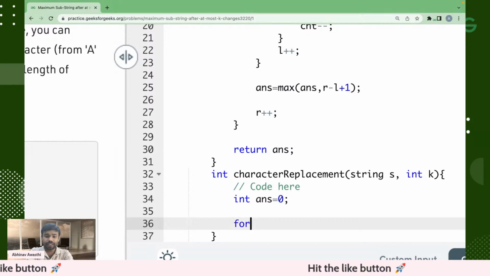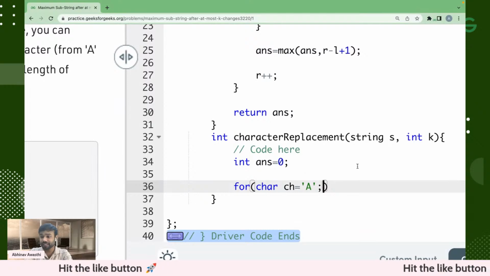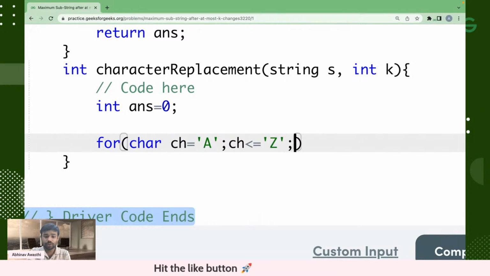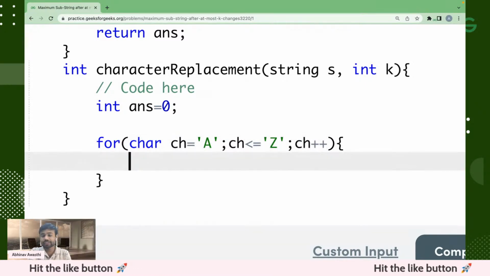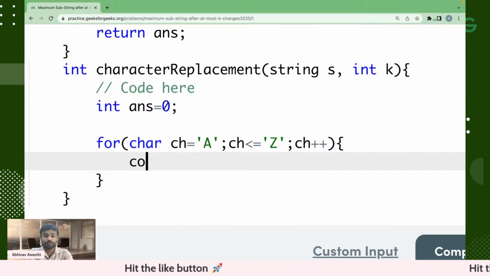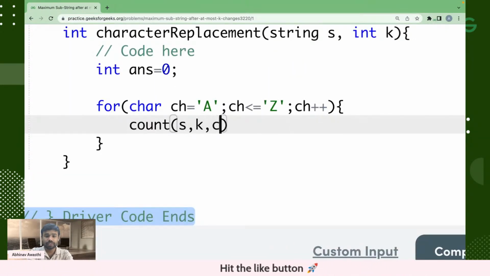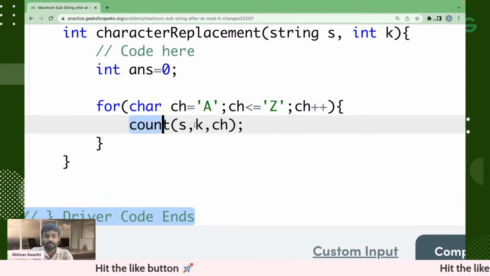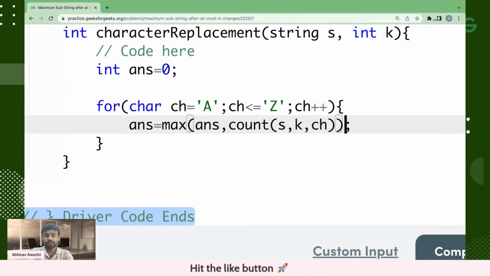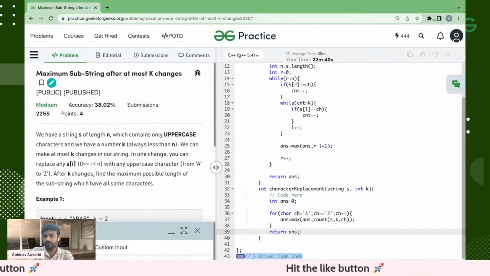And we will take a for loop over characters. Because all the characters are in uppercase, it will go from a to z, with ch plus plus. For each, we'll call the function count, which is count of s, k, and this ch, and the max of this value will be stored in the answer. If I run it,